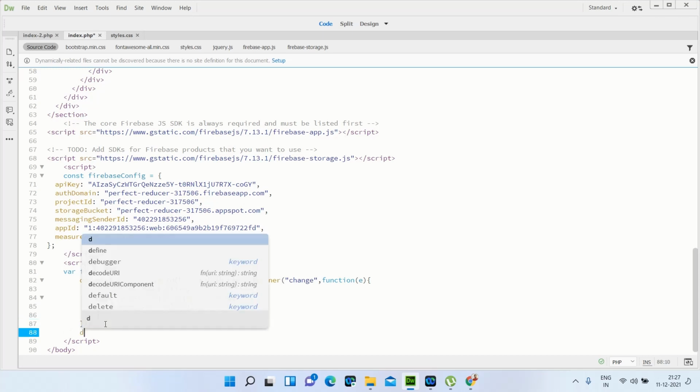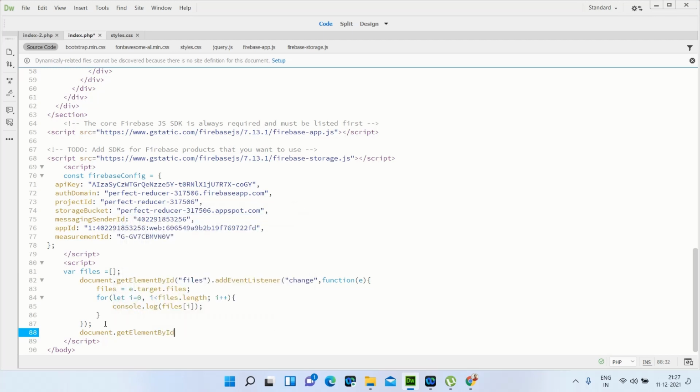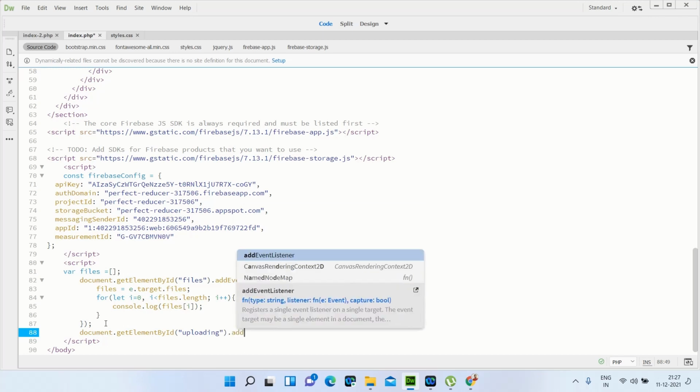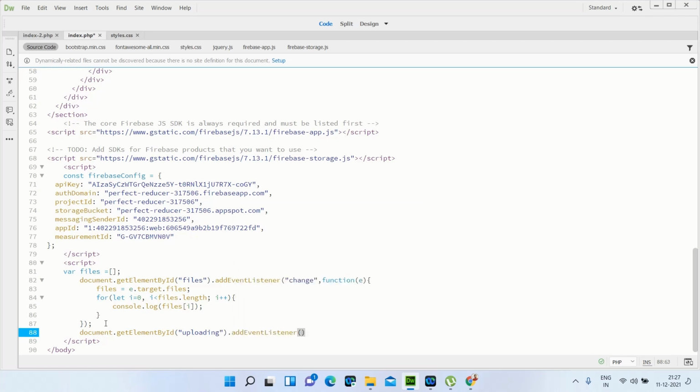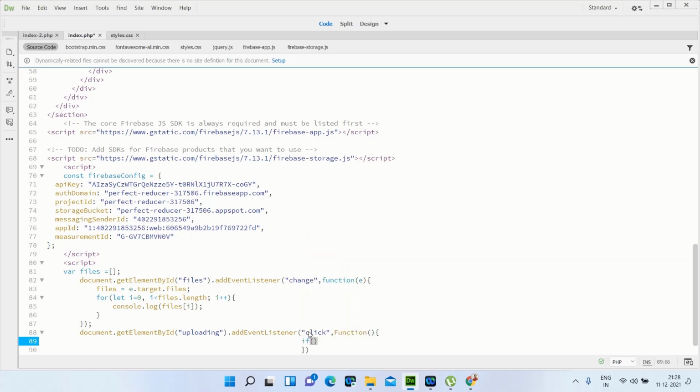Now after that you start document dot getElementById, and on the upload button, add listener, and on click we have to upload the file. So bracket and then you have to open the curly bracket. Here we have to check if the file is selected. So first we have to check if the files dot length is not equal to 0.